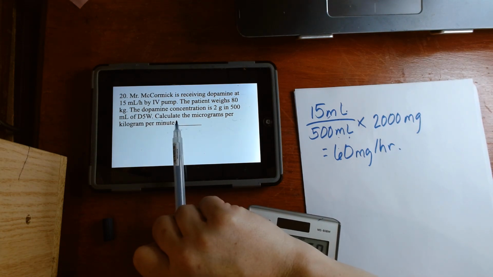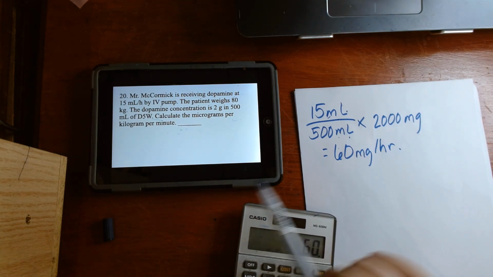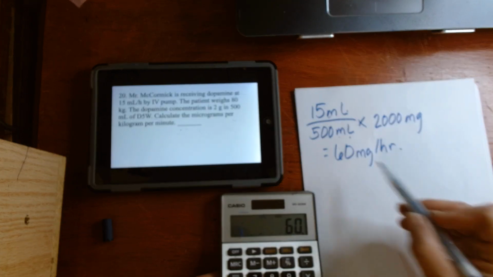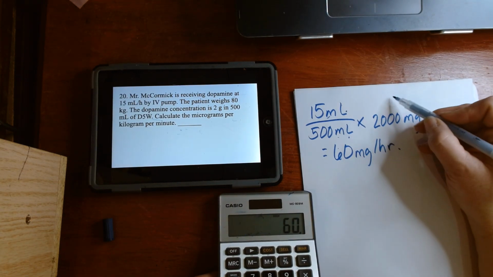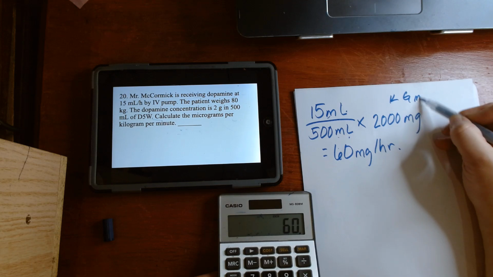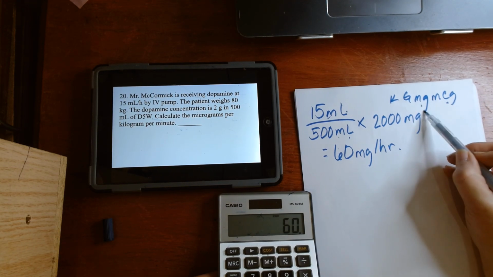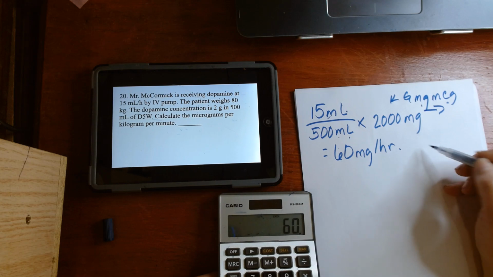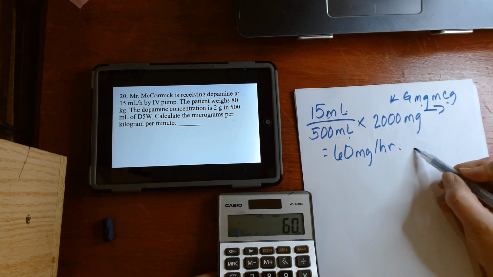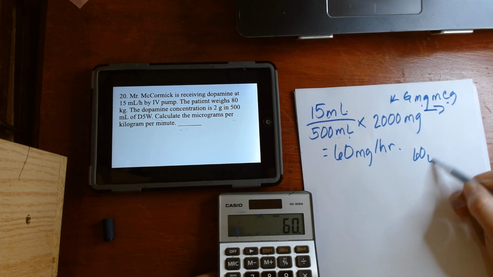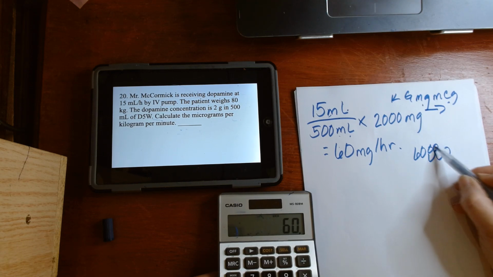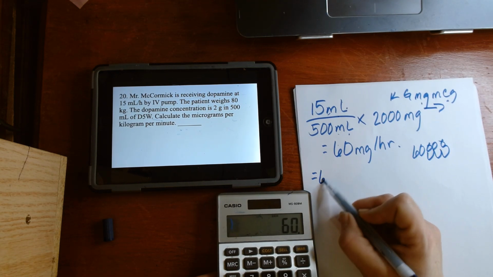But she wants to know the micrograms per kilogram per minute. So I'm going to convert that milligram to micrograms. This tells me I'm going milligrams to micrograms. I got to move it to the left. So 60, 1, 2, 3. Of course, it's going to be 60,000